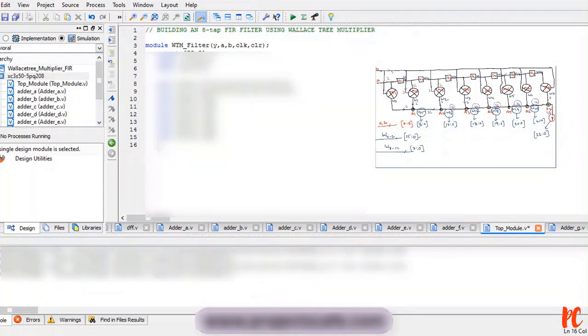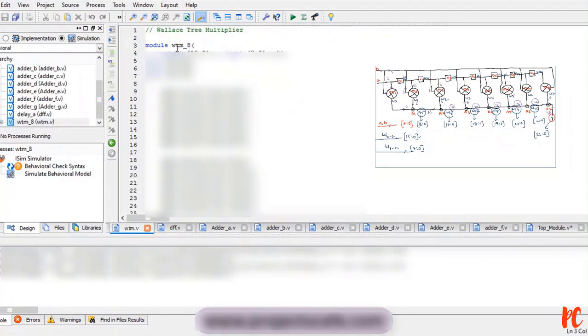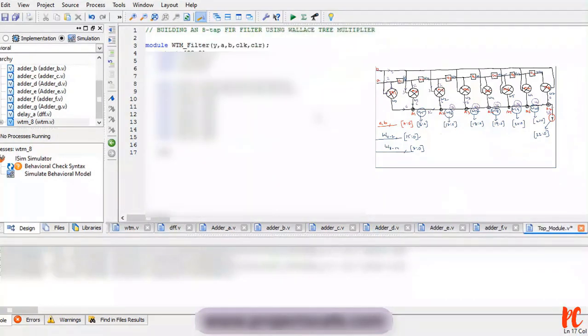Now let me start instantiating my multiplier. If you could observe multiplier, what is the name that I have given? Module name that I have given is WTM underscore 8. So WTM underscore 8 followed by first multiplier with a multiplier name with a port list W0, A, B. Similarly WTM underscore 8 for the second multiplier M2 with the port list W1, A, W8.